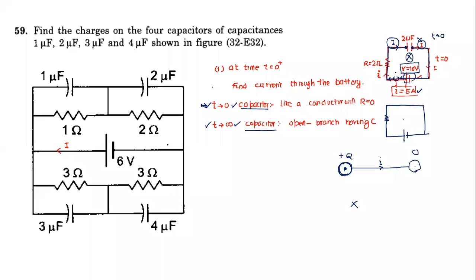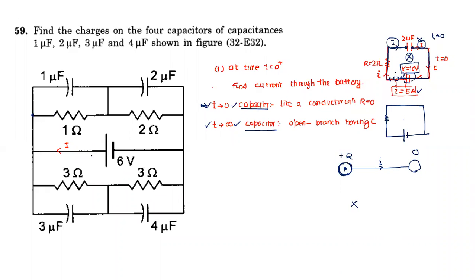So coming back to this question, to find the charge on 4 capacitors. Is there anyone who cannot find the charge on 4 capacitors? Is the method clear? It is similar to what we did yesterday. Is it clear to everyone? If I ask some of you, you should be able to answer. Shreya, can you find the final charge on the capacitor?